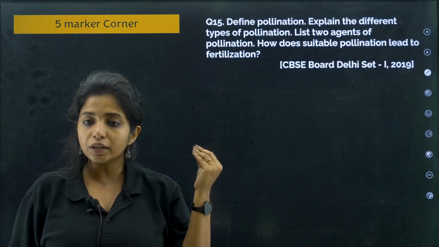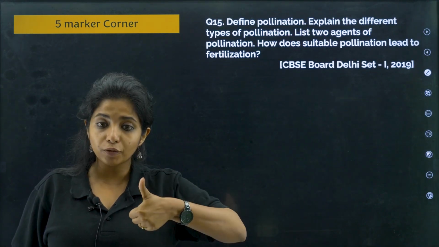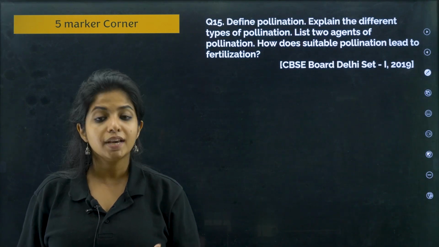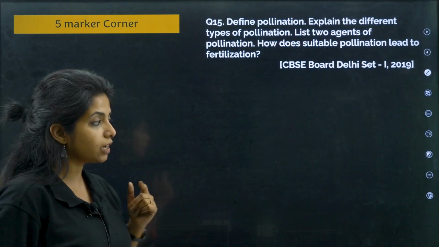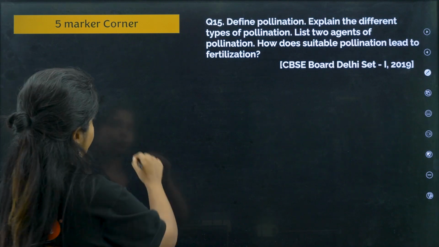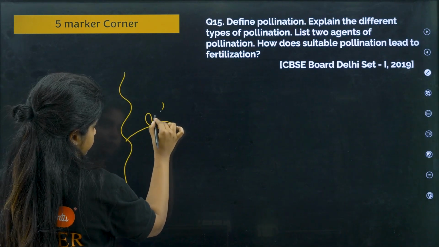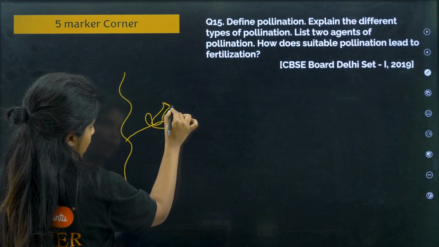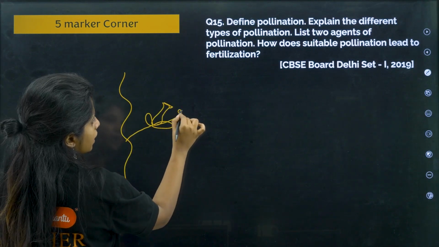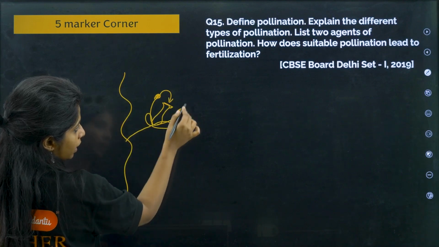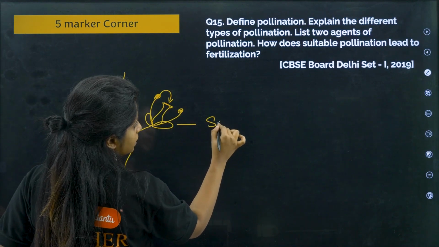Okay, now explain the different types of pollination. You have two. One is self-pollination and the other one is cross-pollination. Self-pollination means basically over here you have a flower, you have the stigma, style, ovary, and similarly you have the anther. From here to here if things are going, in the same flower, you call this as